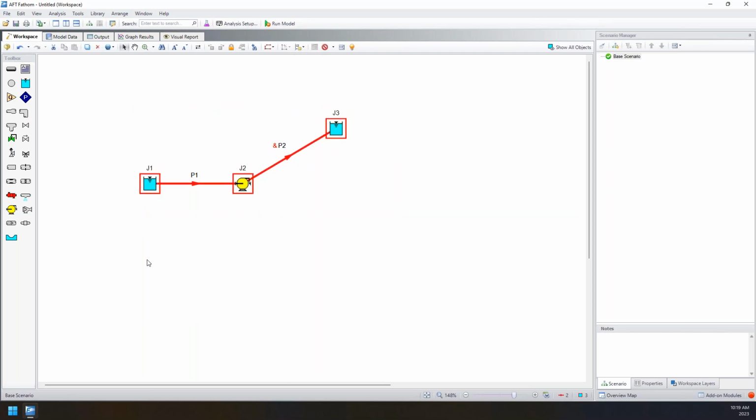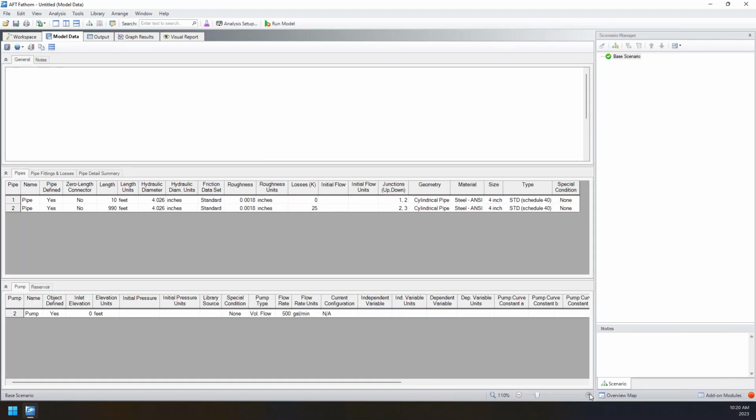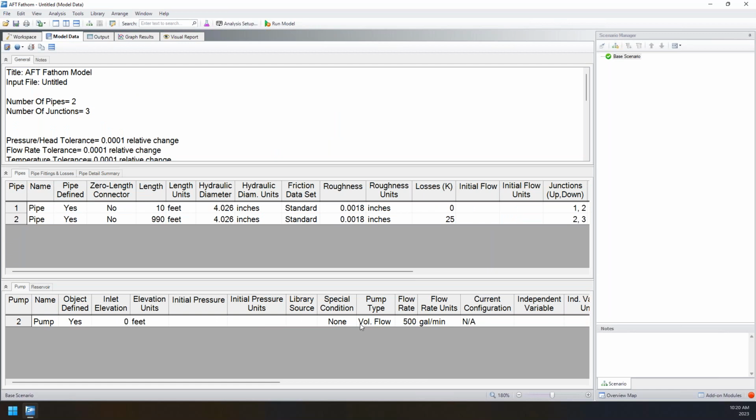So now we have everything defined for our model. We have our 2 reservoir junctions, our pump set to size at 500 gallons per minute, and we also have our piping set at 10 feet and 990 feet accordingly. If we wanted to review this input, we can go to the Model Data tab. And if I zoom in more,